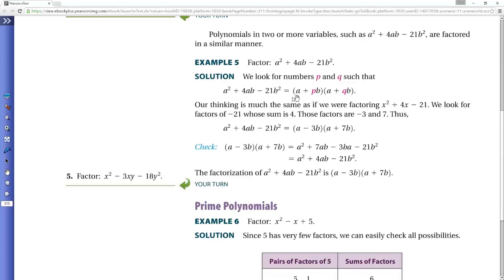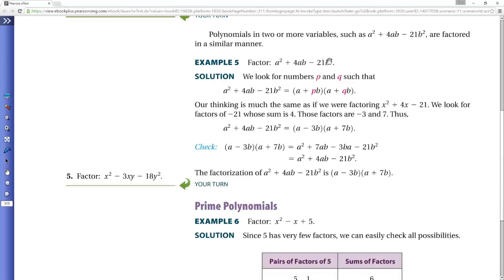You say, well, our process is, I know I need a b and a b, so really I just need to focus. To get the b squared, I have a b and a b. They say these p's and q's, don't worry about that right now, but remember that to get b squared, I have to have b as part of the second term of my binomial, right? Okay, so